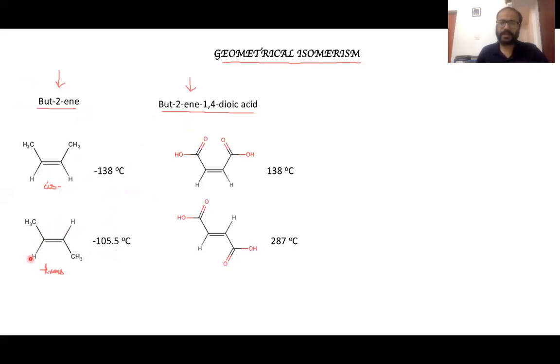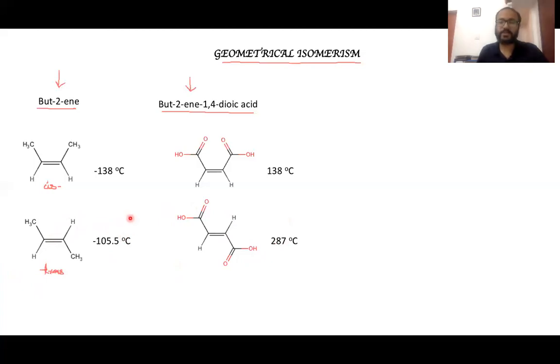So here, what do you see? The trans isomer is having a higher melting point compared to the cis isomer. Similar to that, if you look at maleic acid and compare it with fumaric acid, what do you see? Fumaric acid, which is the trans isomer, is having a higher melting point compared to maleic acid. Now, in both these cases, 2-butene and 2-butene 1,4-dioic acid, you see a higher melting point in the case of the trans isomer. Now, you would ask me, why is that so? The reason why the trans isomer is showing a higher